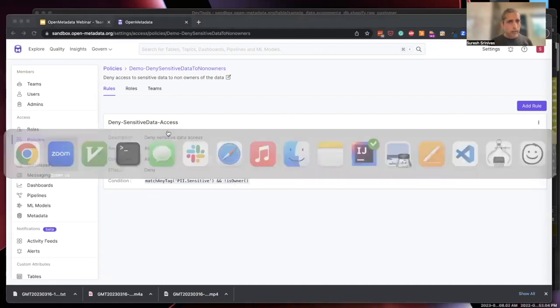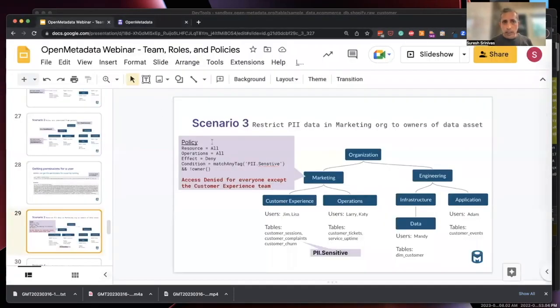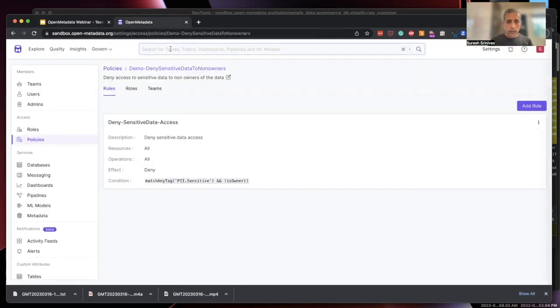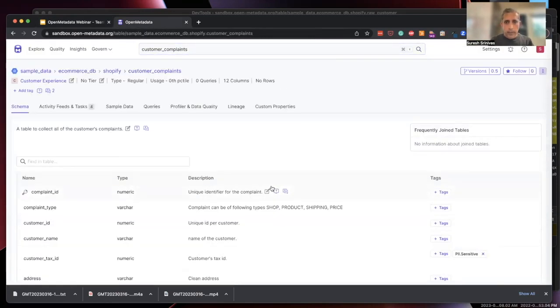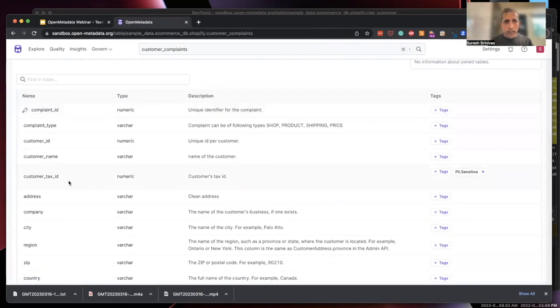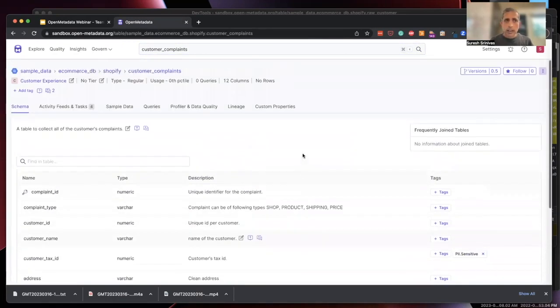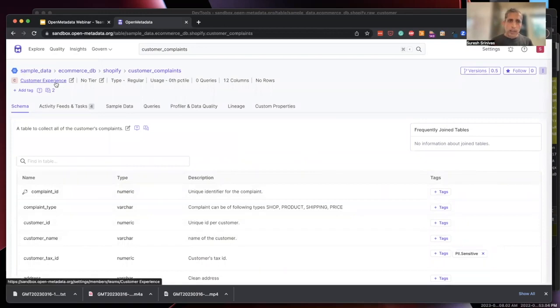So let's take a look, going back here. Because the marketing team now has this policy, any data that has the PII tag is accessible only to the owner, right? So in this example, we have this table, customer complaints. And customer complaints has this customer tax ID column, which is marked as PII sensitive. That means that only the owners of this table, the users that belong to the customer experience team, can access this, right? That's the policy that we have written. So let's start with